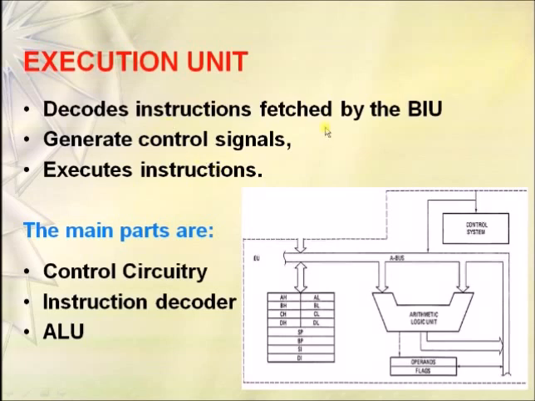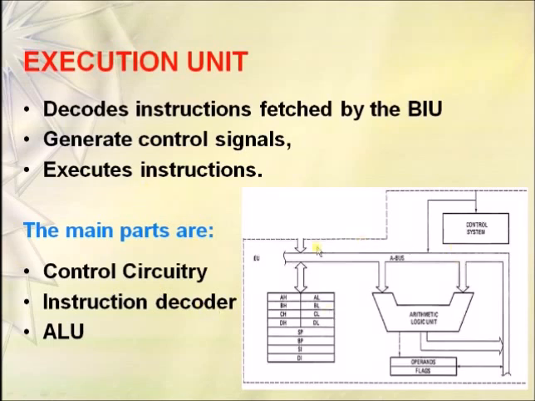It is responsible for decoding the instructions fetched by the BIU, as we have just discussed. Why? Because the instructions which are written by the user will be in high level language. While storing that information, it would be converted into binary language, but it has to be converted into the language which is understandable to the processor. That is done by this decoder, and then it also generates control signals. Based on those control signals, all the other peripherals would be working, and then it executes the instructions. So by understanding the instruction, it performs a particular task specified by the user. That is nothing but execution.